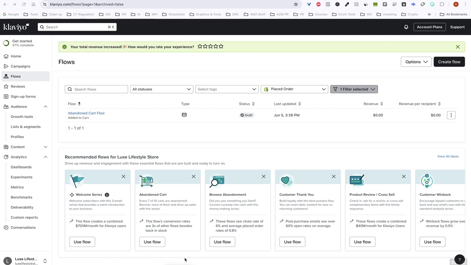Okay, so I'm gonna quickly go over how to set up an abandoned cart flow on Klaviyo. So the first thing you're gonna do is under flows, you're gonna click. We're gonna just use the templates to start off with. We can go to view all ideas,